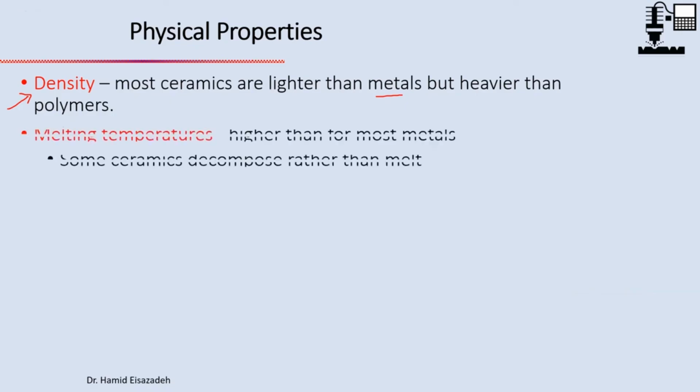Let's look at the physical properties of ceramics. The density of ceramic: first, ceramics are lighter than metals, but if we compare them with polymers, they are heavier. And they have a high melting point once we compare it with metal. And sometimes they decompose rather than melt,